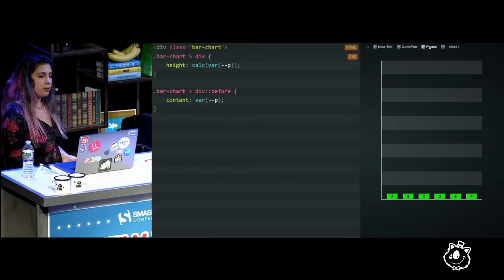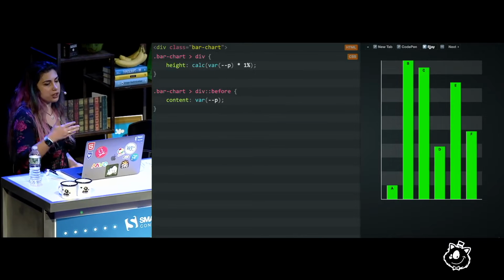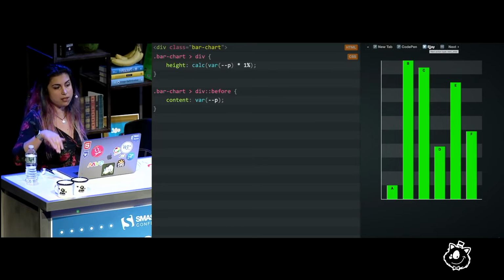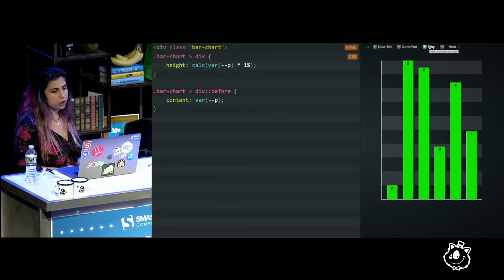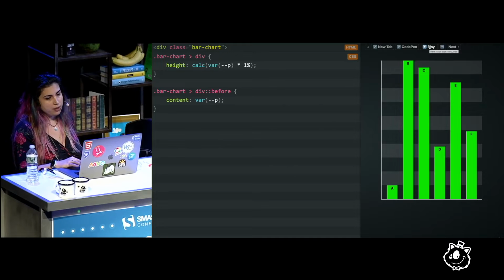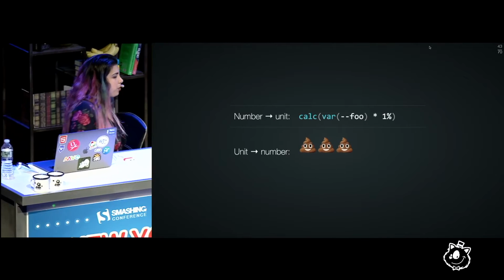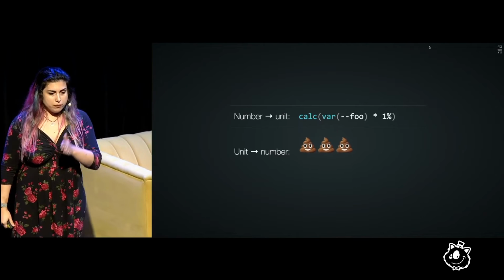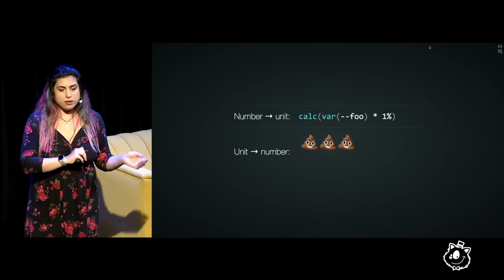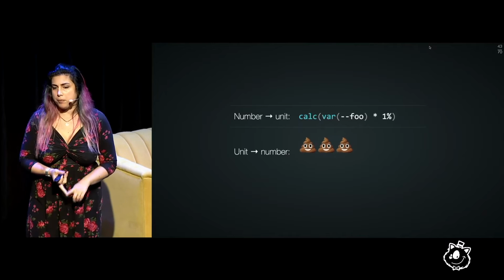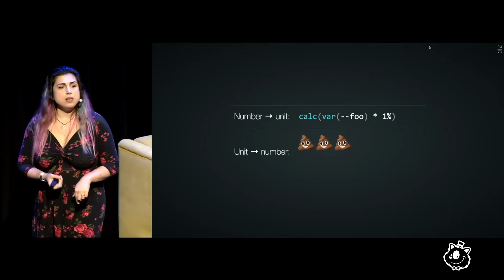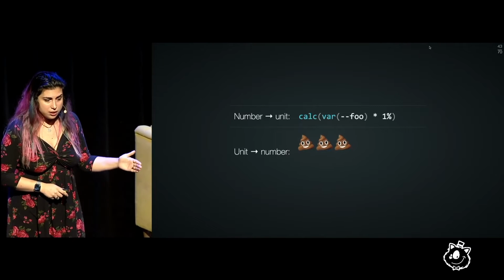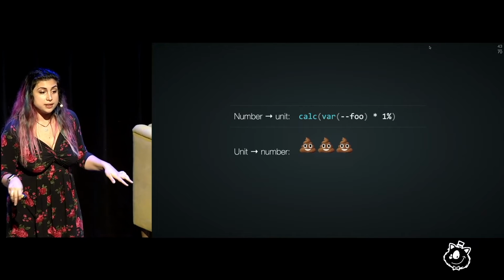Maybe we should use numbers. And of course, then we have to multiply the plain number with a percentage to actually continue getting the proper height, because plain numbers do not work in the height property. And this actually brings up an important point about using variables. You can always go from a number to something with a unit, either from a number to a percentage, from a number to a length, from a number to a time, from a number to an angle, anything. But when you have something with a unit, you can never go to a number in today's CSS.